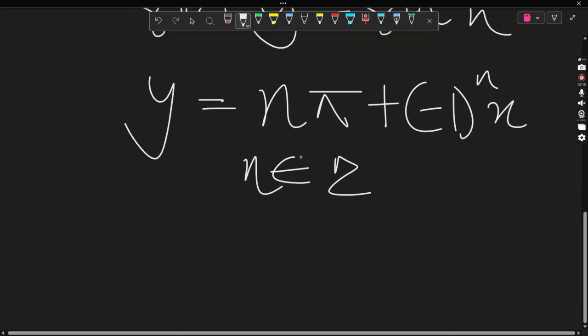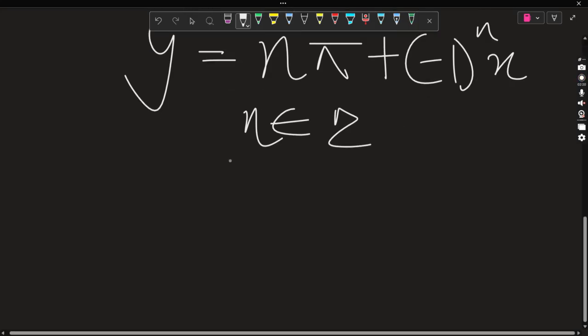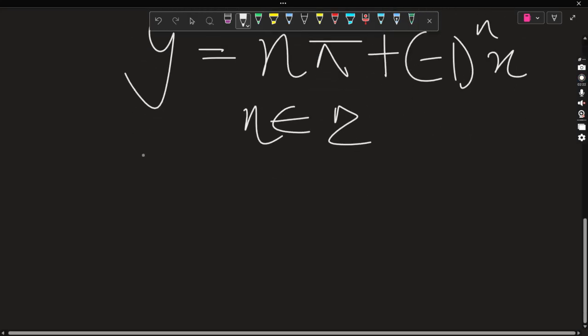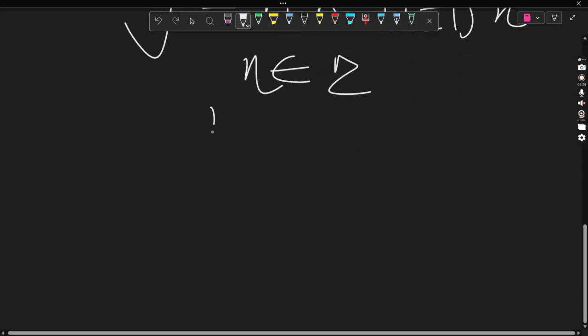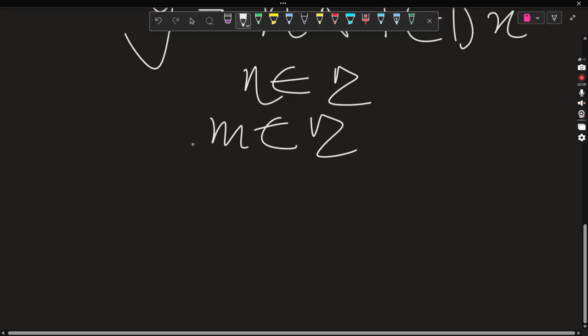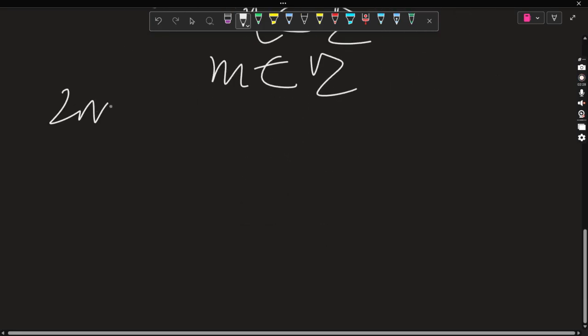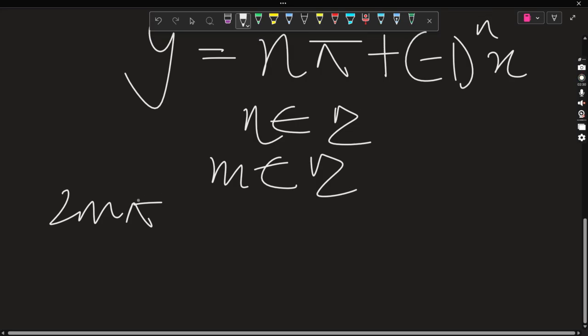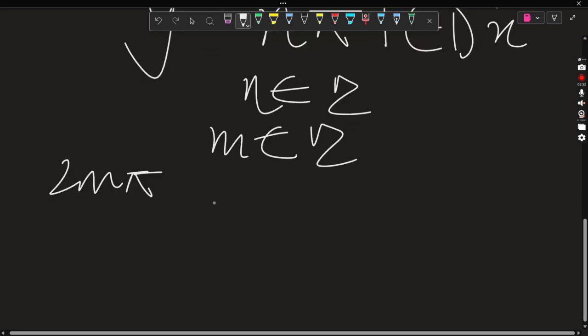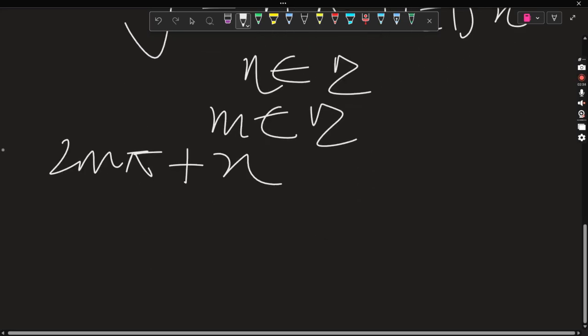In case n is even, it will be n pi plus x, right? And if n is even, we can also express it as 2m pi, so 2m pi plus x,